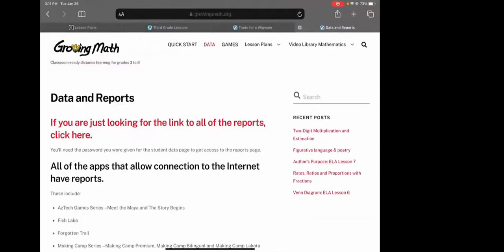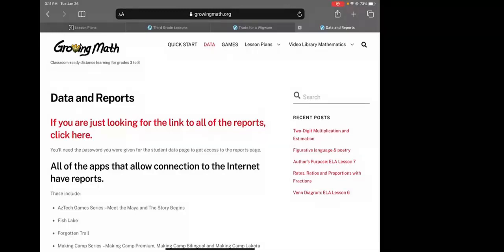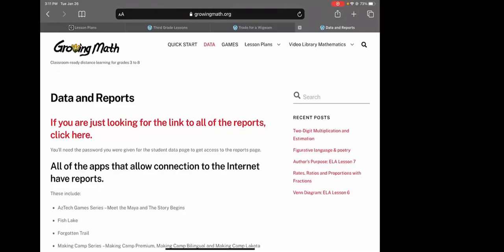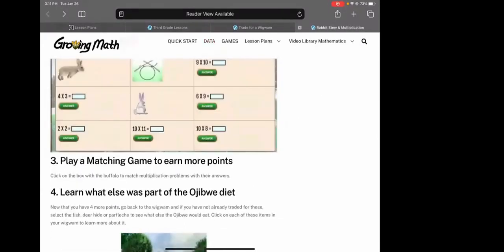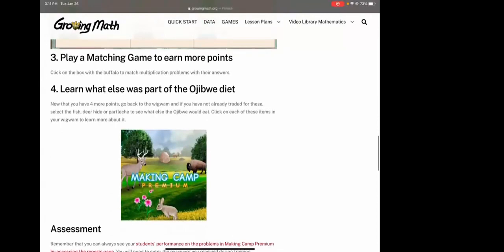So data reports, if you're curious to see what your students have done, this is where you would go to visit the Making Camp Premium data that they've just entered. That would have all your student reports and the standards that they are aligned to within data reports. Okay, after